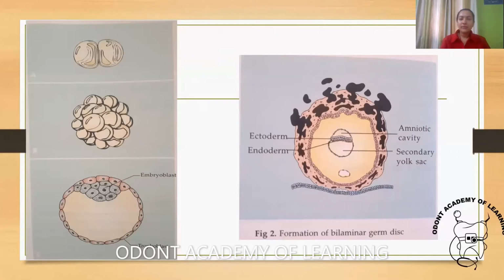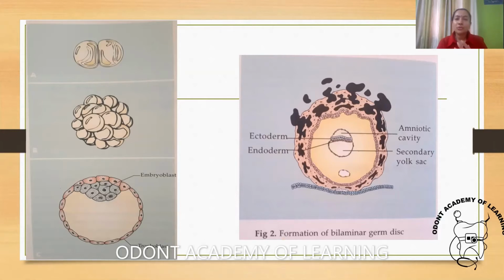To start with, we all know what is growth and what is development. It is basically a process where there is change in size, change in shape, and progress towards maturity. Before we start with all this, the basic thing is the concept of fertilization and cleavage. That is how it goes when the male and female gametes, the sperm and the ova, fertilize and fuse together.